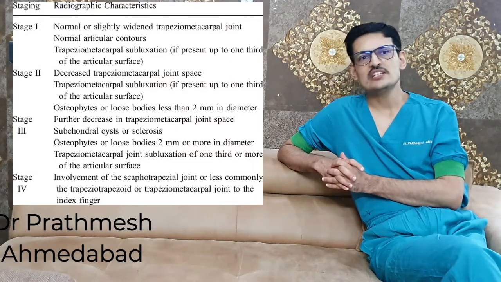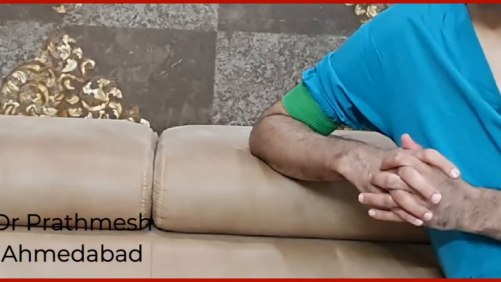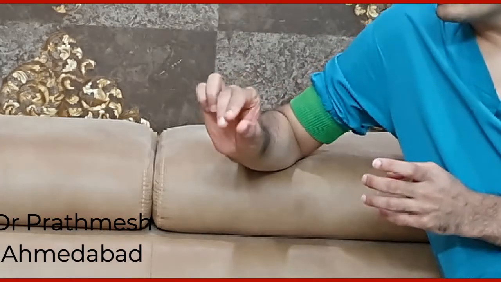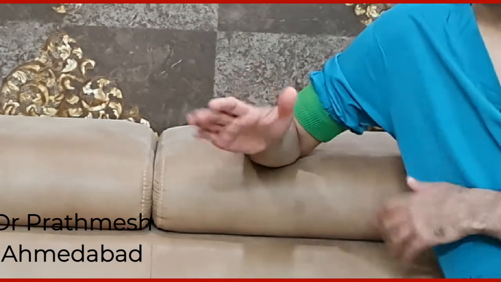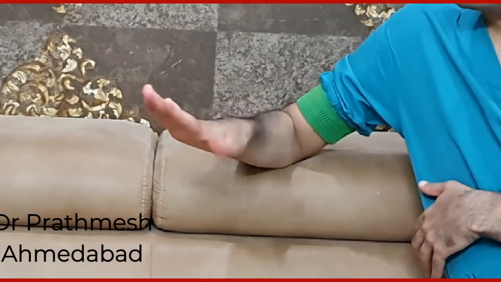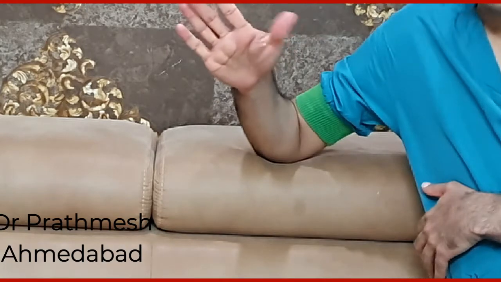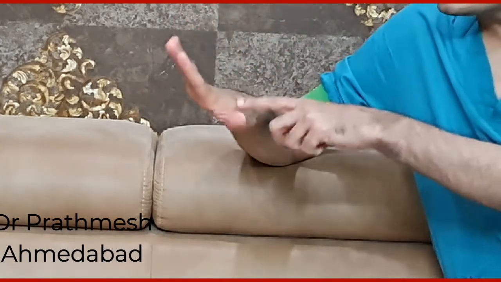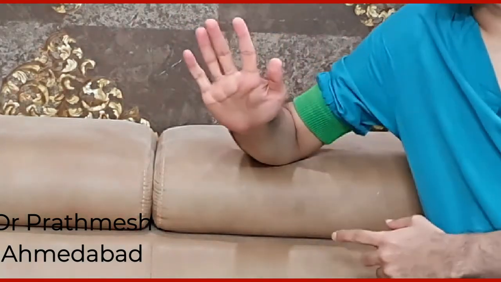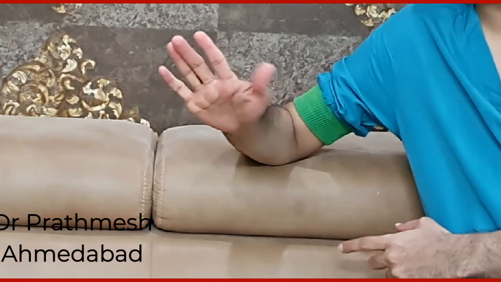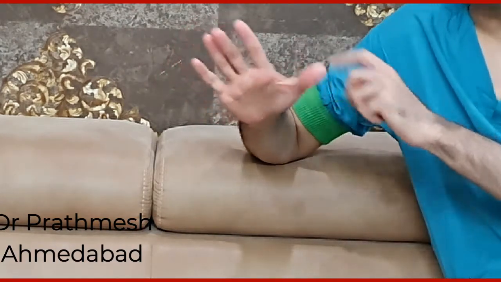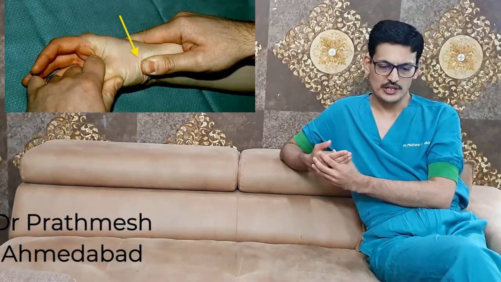The patient presents with pain. There is difficulty in pinching, difficulty in doing work, difficulty in writing, and there is a problem with metacarpal adduction. So this movement will also be painful, and occasionally the first web space is contracted, so the patient will not be able to do abduction of the thumb. If there is this condition, you must rule out carpal tunnel syndrome because it is significantly associated.